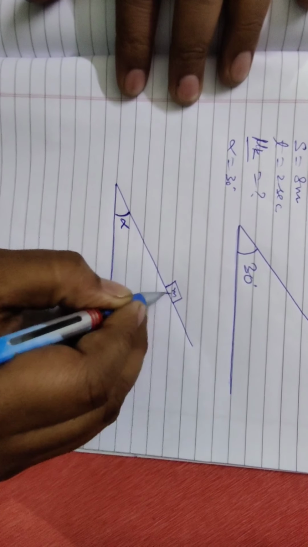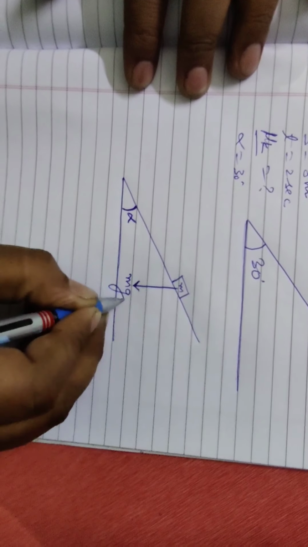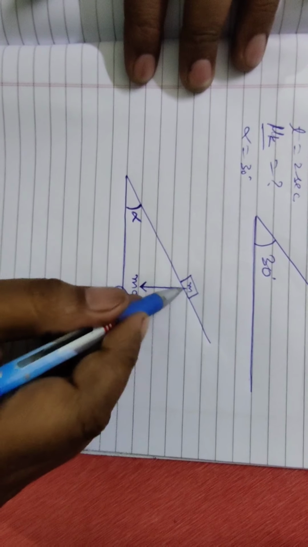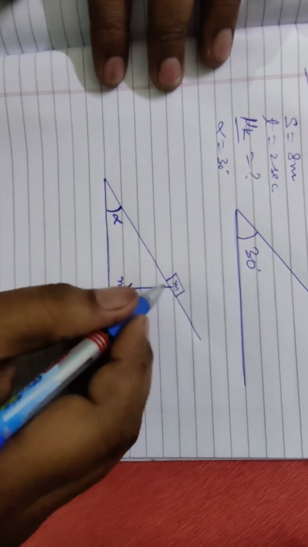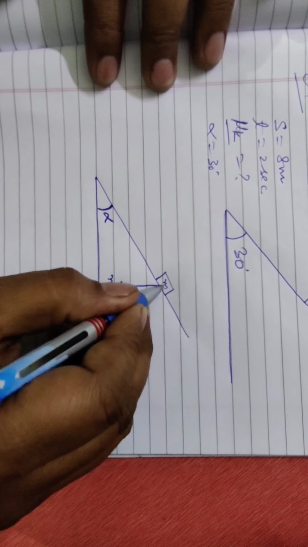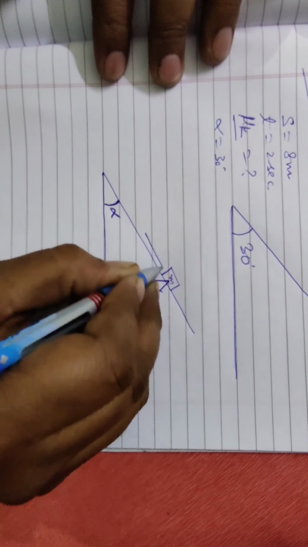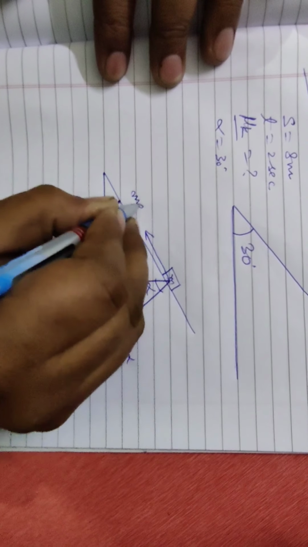I am just drawing all the forces which are acting on this block. mg will act vertically in the downward direction, and on resolving mg, perpendicular to the inclined plane it is mg cos alpha, and along the inclined plane it will be mg sin alpha,